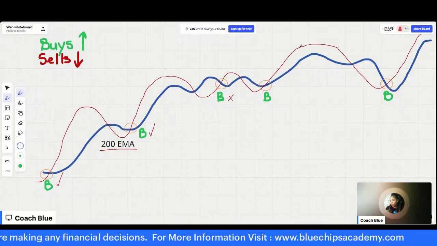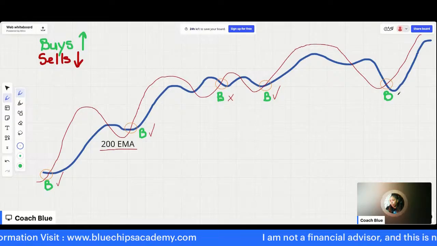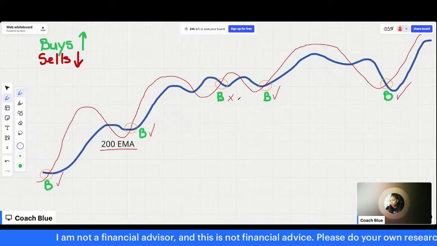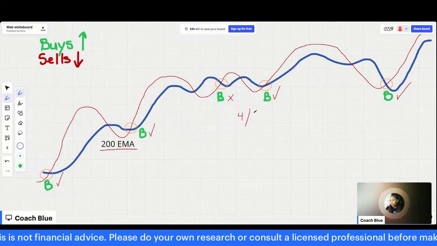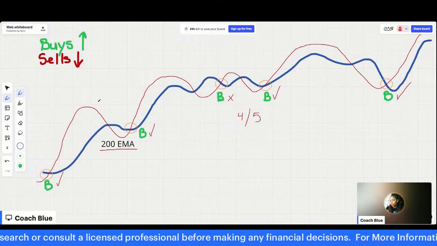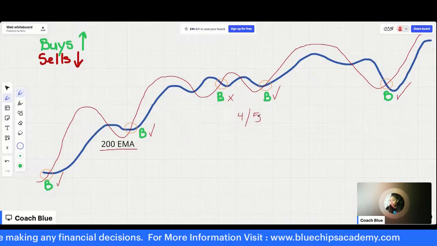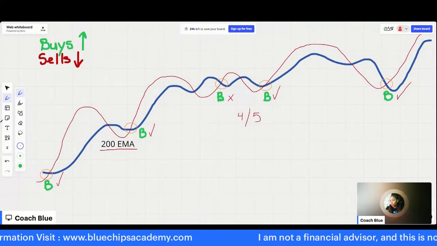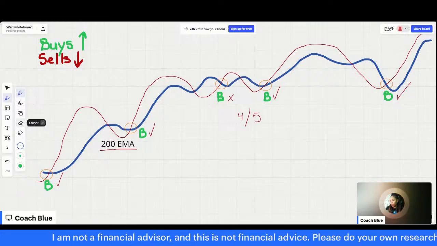This crossover here made a nice push to the upside. That was a win. And then this crossover happened here to the upside. That was a win. So we have 1, 2, 3, 4, 5 trades, and 4 out of the 5 would have been winning trades just by following the direction of the 200. Just by following the direction of the 200, looking for buys, having a directional bias, that would have put you in that position. Okay? So that's what we're looking at when we're looking for buying opportunities.